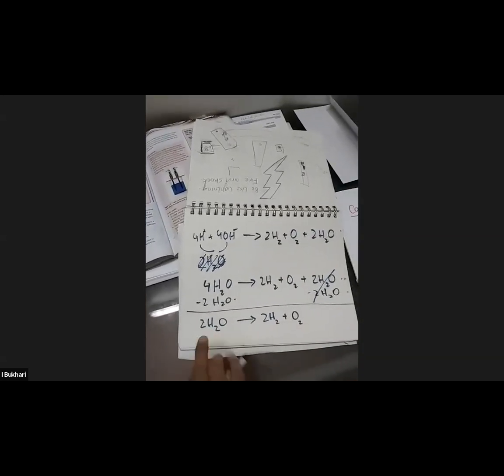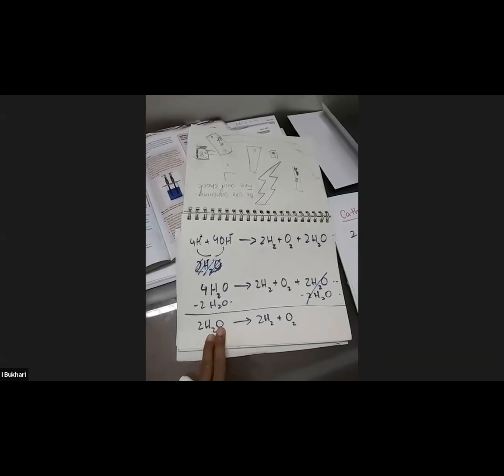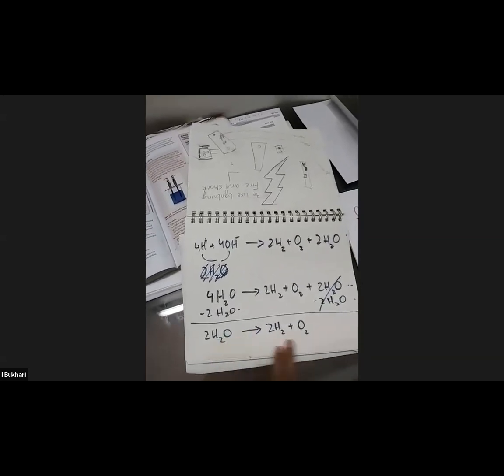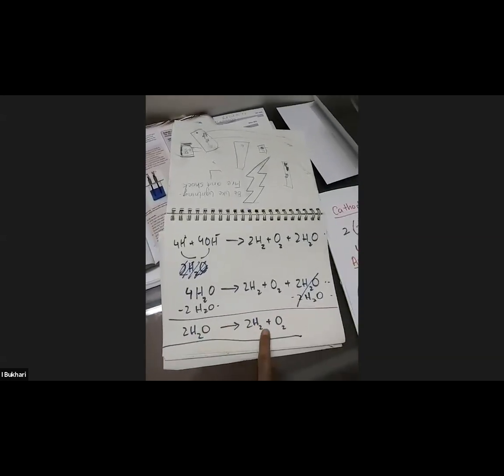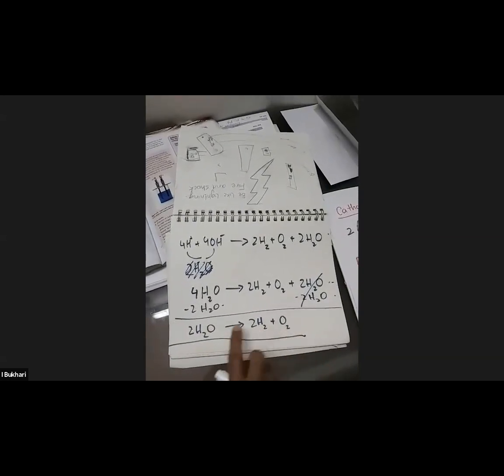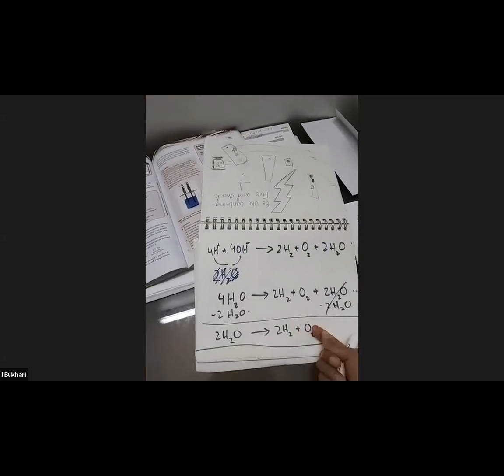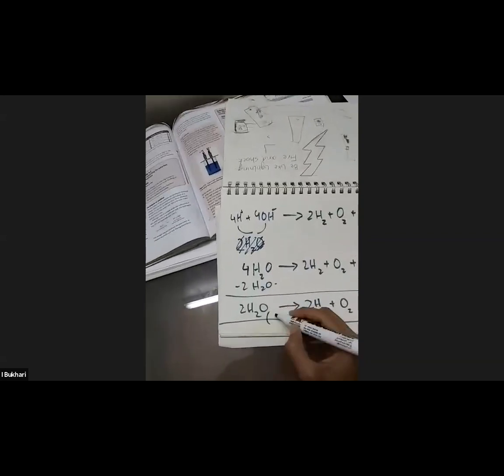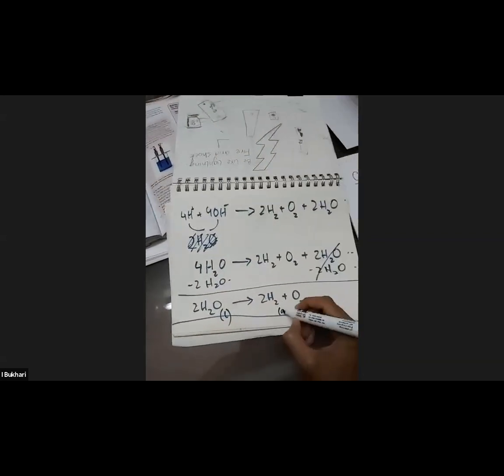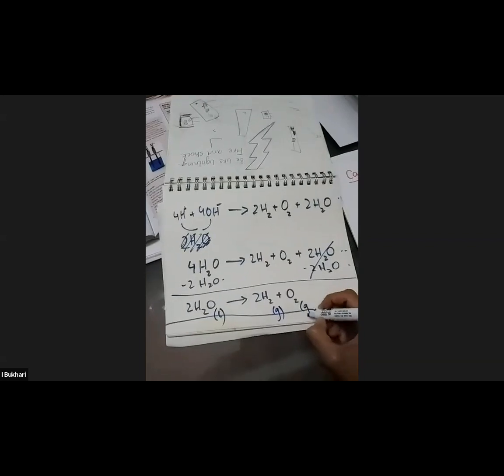Did you see? I write down the substance that I'm electrolyzing, the shortcut for writing the overall reaction. I write down the formula for what I'm electrolyzing, break it down to its components made up of hydrogen and oxygen. Both are diatomic molecules. I write down their formulae and then balance the equation accordingly. So this will be my overall reaction for the electrolysis of water.